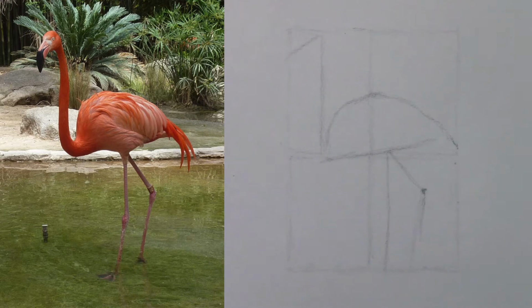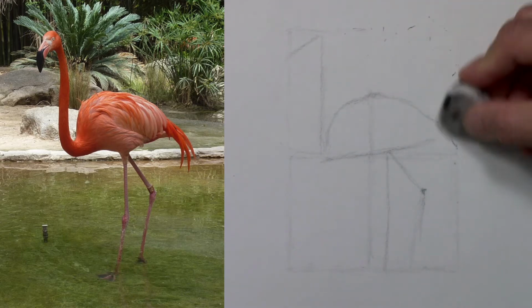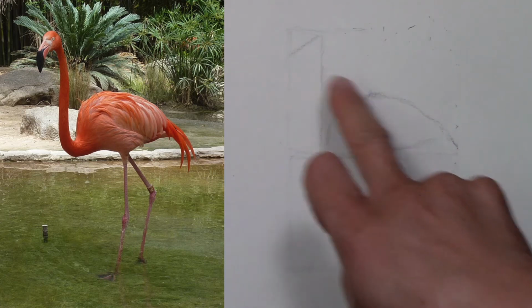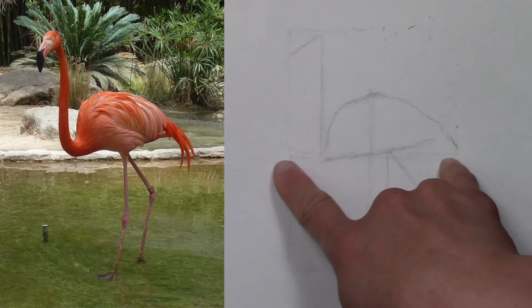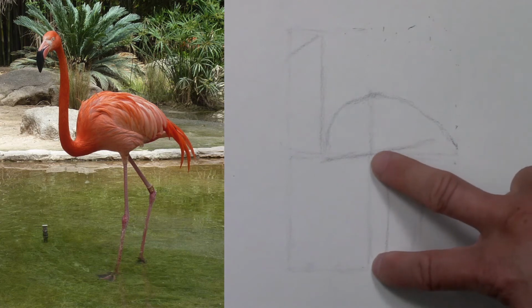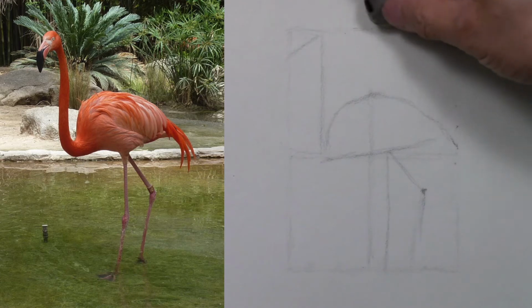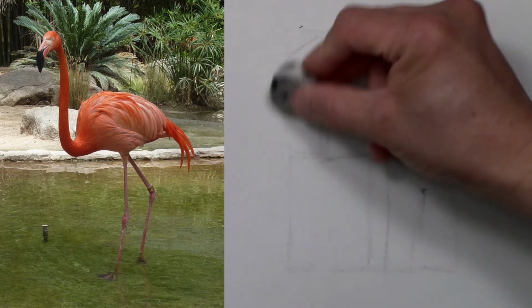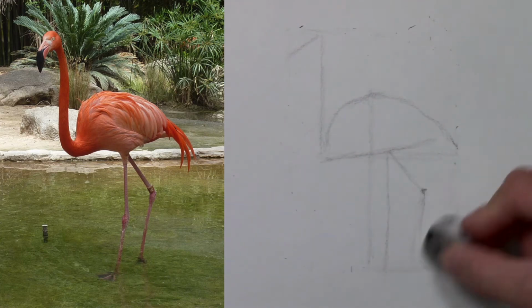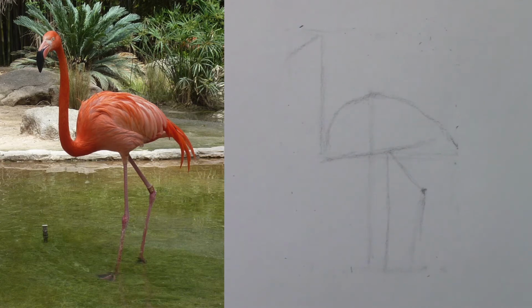And now I think I can, before I refine, I can erase my envelope so it's not distracting. I have the width from the beak to the tail, and then the height from the foot to the belly to the back, and back to the top of my envelope. So I don't need this rectangle anymore. And now I can refine